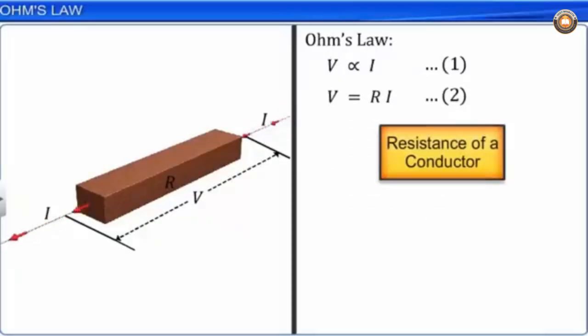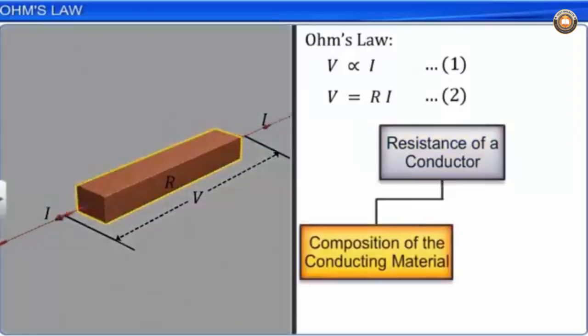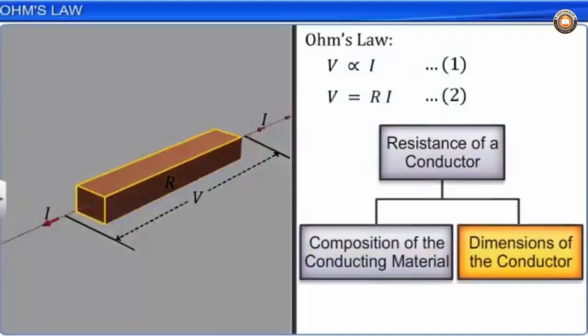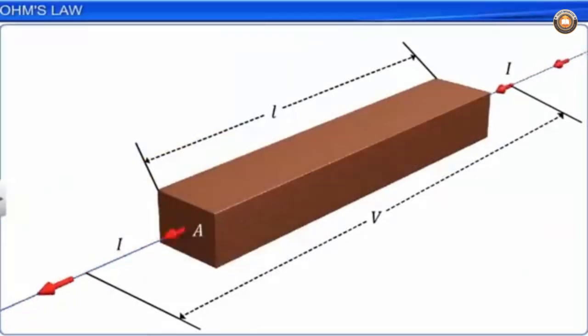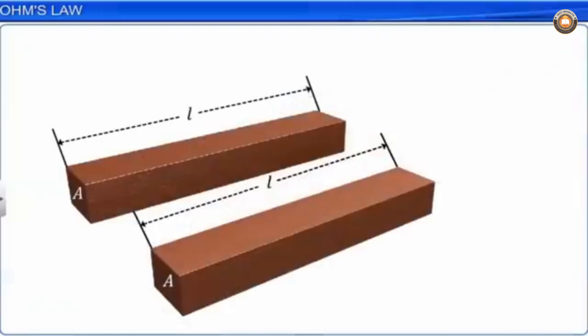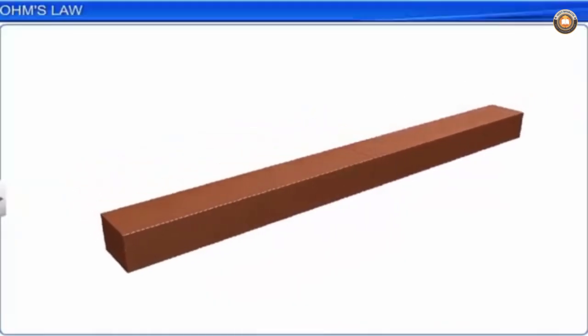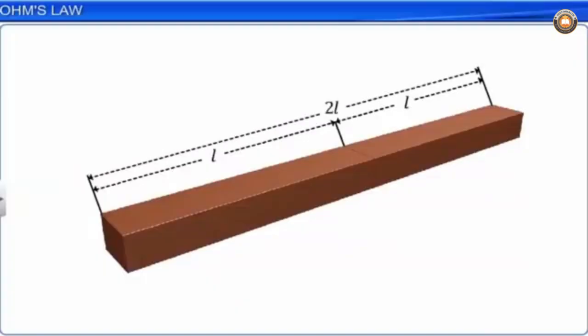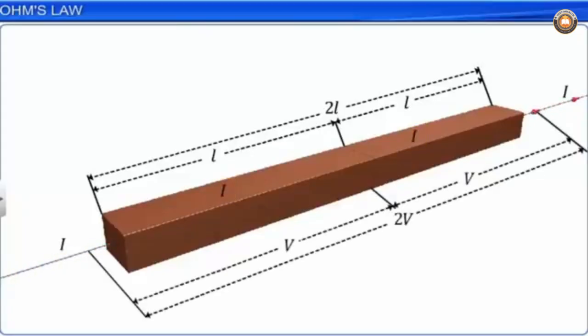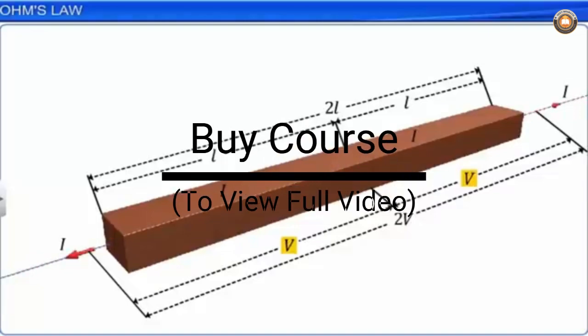The resistance R of a conductor depends on the composition of the conducting material and the dimensions of the conductor. To understand how the dimensions of a conductor affect its resistance, let us conduct two simple activities. Let's take two identical conductors of length L and cross-sectional area A. Place them side by side such that their ends touch each other, so that the length of the combination is 2L. The current I flowing through this combination is the same as that flowing through the individual conductors. The potential difference V across the ends of each conductor should be the same as they are identical and the same current I is